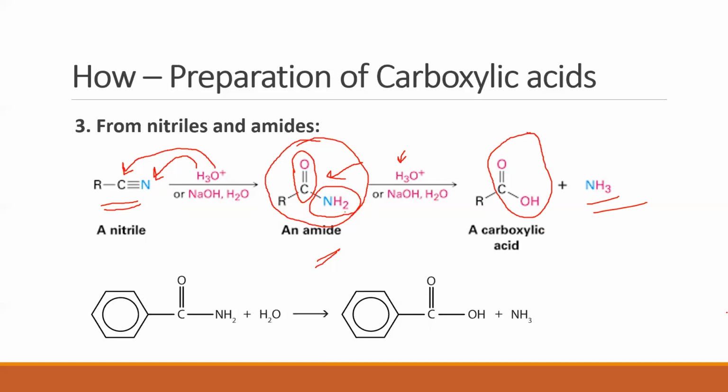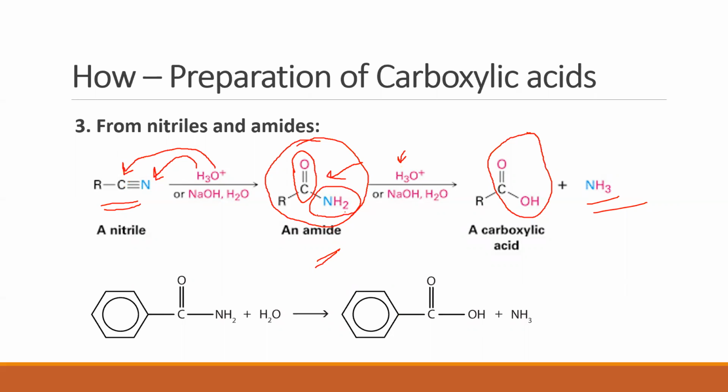Clear? So this is how we get a carboxylic acid, starting from a nitrile, giving an amide, and finally a carboxylic acid. So let me go through this reaction once again for you. We start with a nitrile. A nitrile is made to react with acidulated water, or water in the presence of an acid. Oxygen of water gets added to carbon. Both the hydrogens of water get added to nitrogen, giving an amide. And the amide is further made to react with H3O plus.